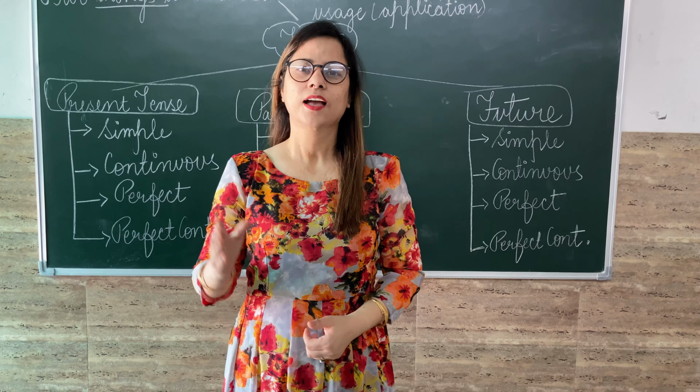One more example I'll give you. My best friend does not invite me on her birthday. Now my best friend, again third person singular, invites. My best friend invites me on my birthday. This is a simple sentence, so I have used invites. But if I say my best friend does not, already I have used s or es with do, then I will not repeat the same thing with the main verb. My best friend does not invite me on her birthday. I hope, children, these rules are clear.